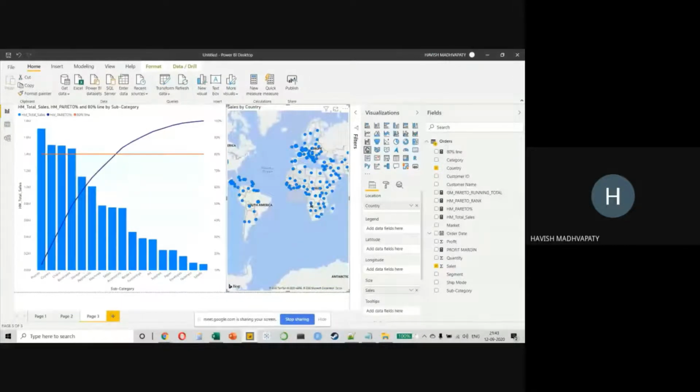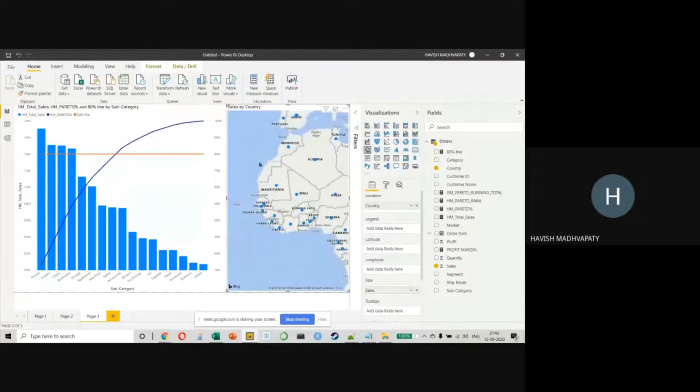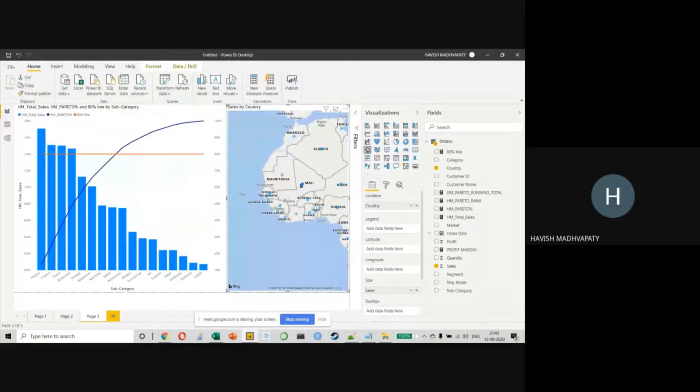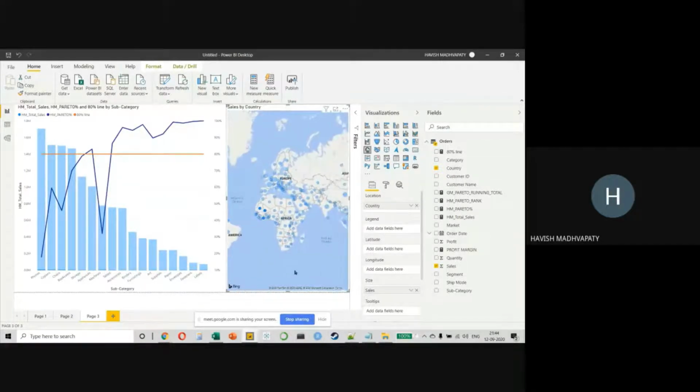So I can just select, let's say, a region like this. So let's say West Africa. And if I select only these particular countries in West Africa, it should show me the data only for that particular set of countries like this. So I agree. Excel is much simpler. It's much faster when you want to create a simple Pareto. But if you want it to become more dynamic, then doing it on Power BI makes much more sense, right?